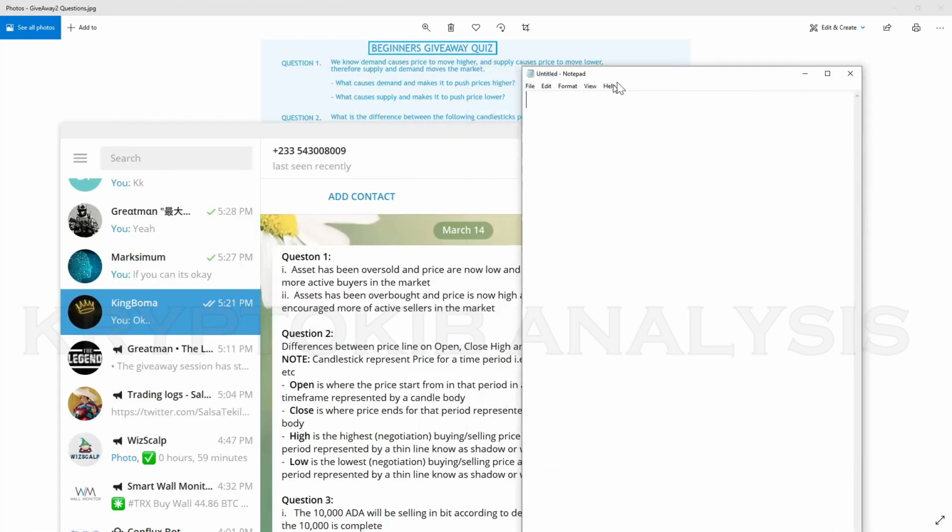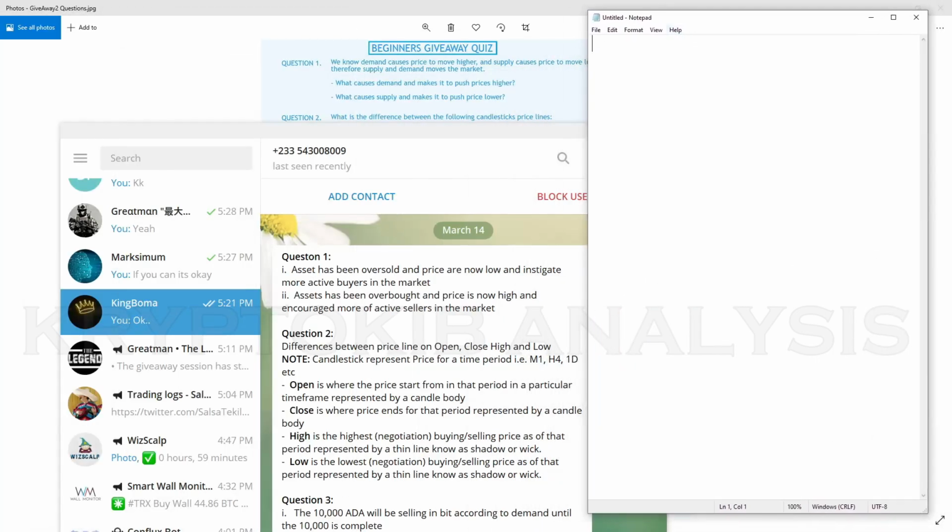Find out the psychology of the market as regards demand and supply. You understand where people are willing to buy a particular asset at a particular price. Where the willingness of people to buy an asset at a particular price creates demand around that area. Exactly. So it's not the two between overbought or oversold. Okay, so for question one, he has 0 points, right? So let's move on to question two.